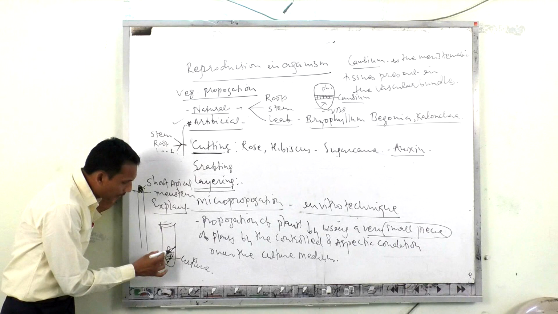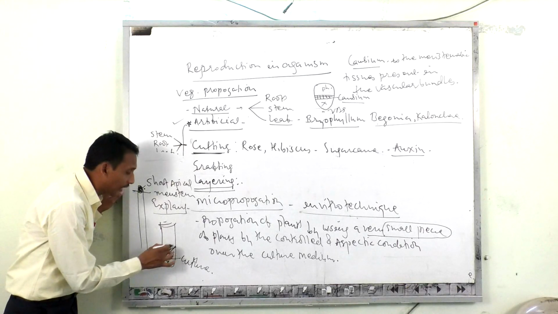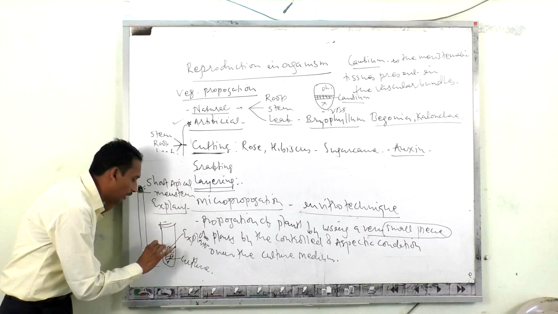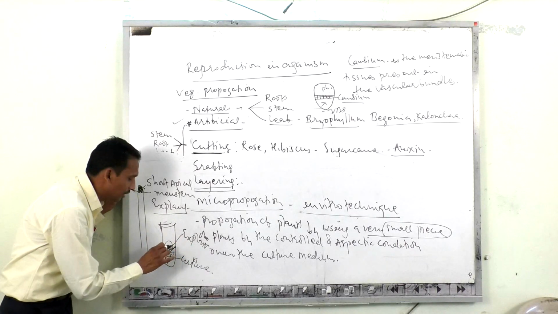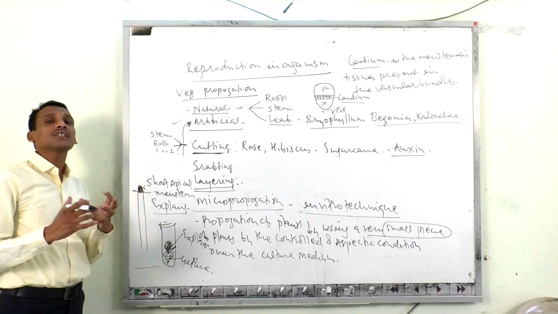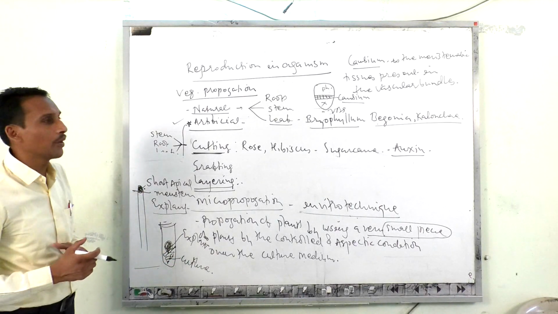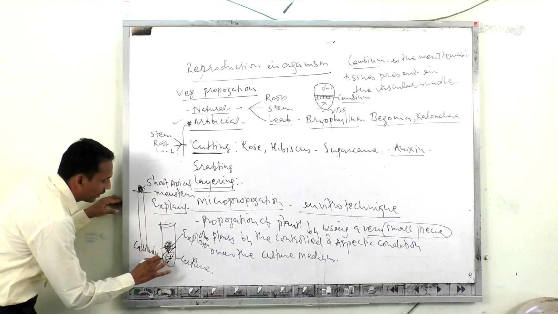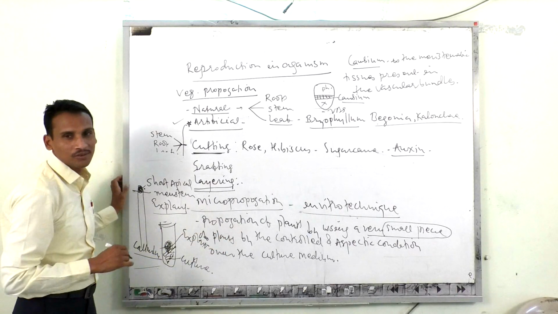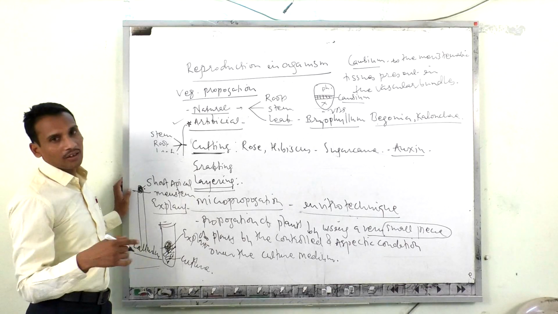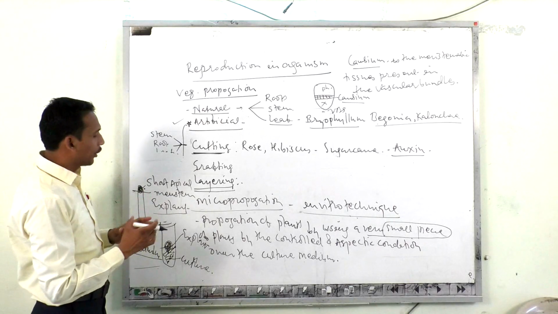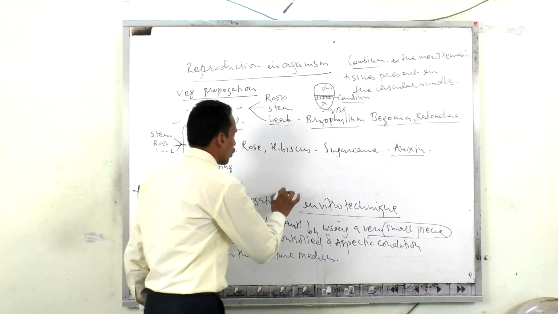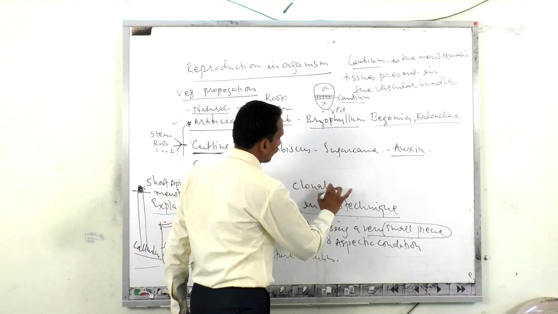From that culture media, the explant takes the nutrition, which increases its size by carrying out cell division, and an unorganized mass of cells of parenchymal tissue is produced, that is called callus, and from that callus there is formation of new individuals. Another technique is also there, by which you may rapidly increase propagation, that is also called clonal propagation.